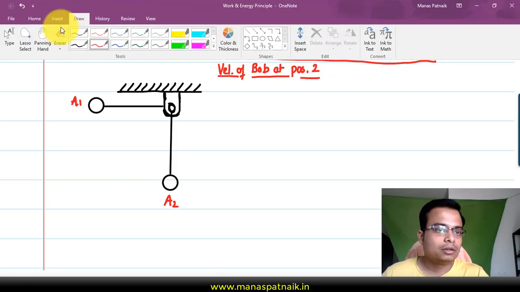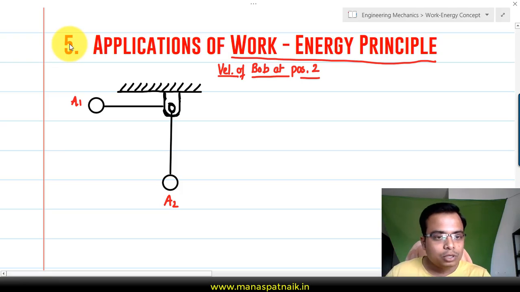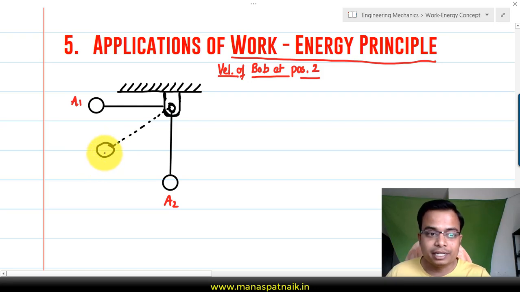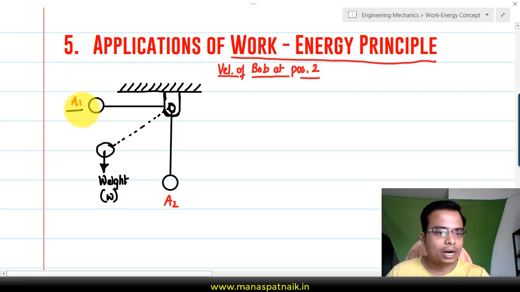Now let me use a different color, a black color. Essentially, somewhere along this position, this bob was here. If I were to tell you the force acting on this bob, which is primarily responsible for the movement of the bob in the downward direction, it would be this weight. Let's assume the weight to be represented by simple small w in the downward direction. So here this is position 1 and this over here is position 2, and according to the work